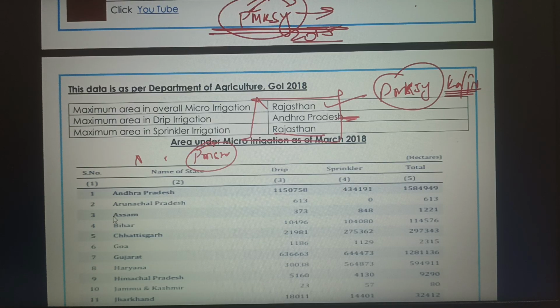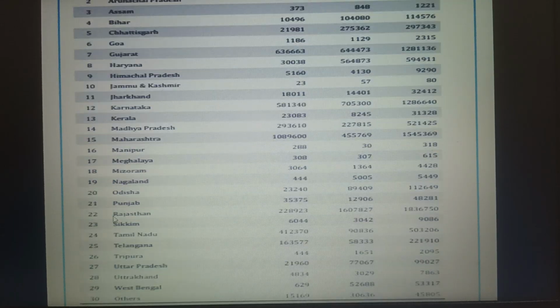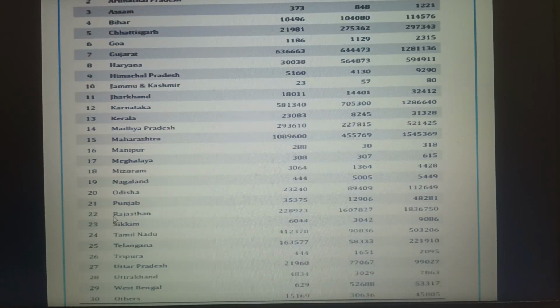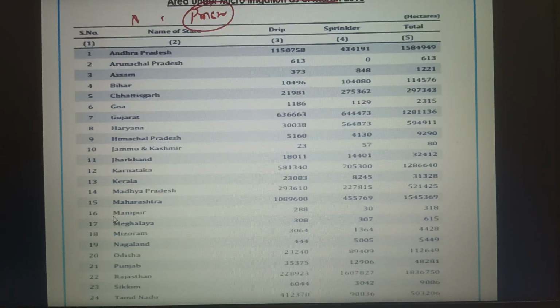Clear, everyone, what I am trying to say? This data and the PMKSY data will have variation, you will find. You have to read the question. They are asking from PMKSY or they are asking since time immemorial, when these concepts arose. Okay. So you can go through this table. The summary of that table is only what I have written at the top, in the year point.